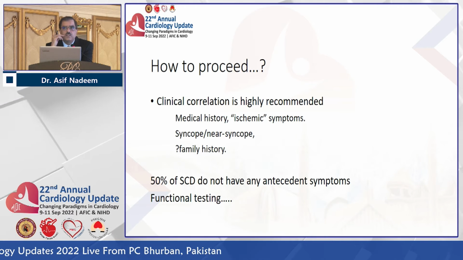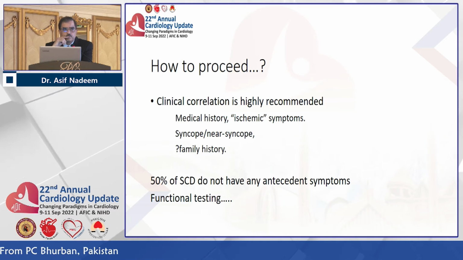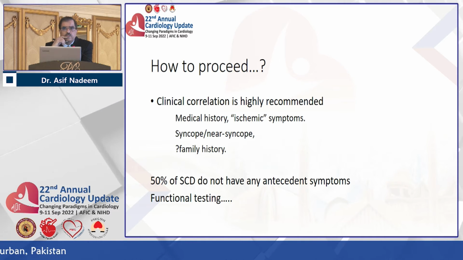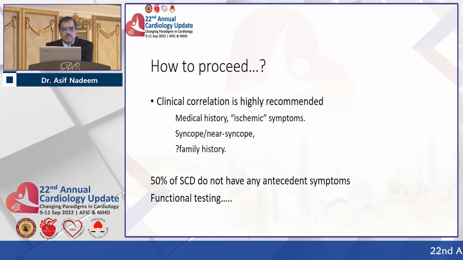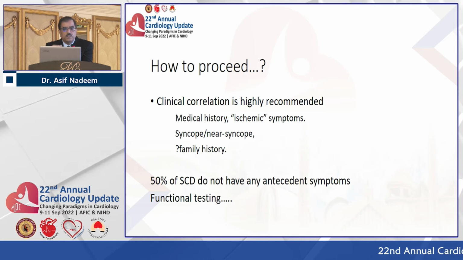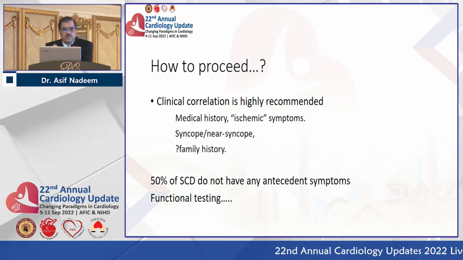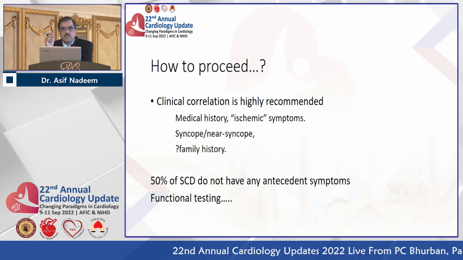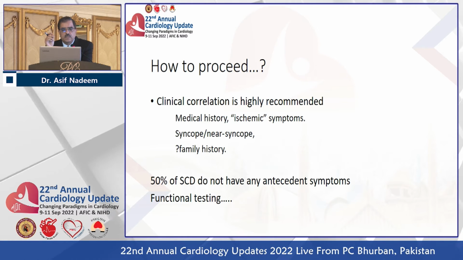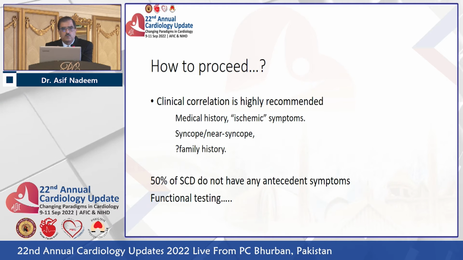So how do we proceed in these cases? Clinical correlation is highly recommended. Medical history of ischemic symptoms or pain is important. Then syncope or pre-syncope. Family history probably is not very important because it doesn't run in families. 50% of sudden cardiac deaths do not have any antecedent symptoms. Functional testing, as Brigadier Mehdi and Colonel Noman were just telling,